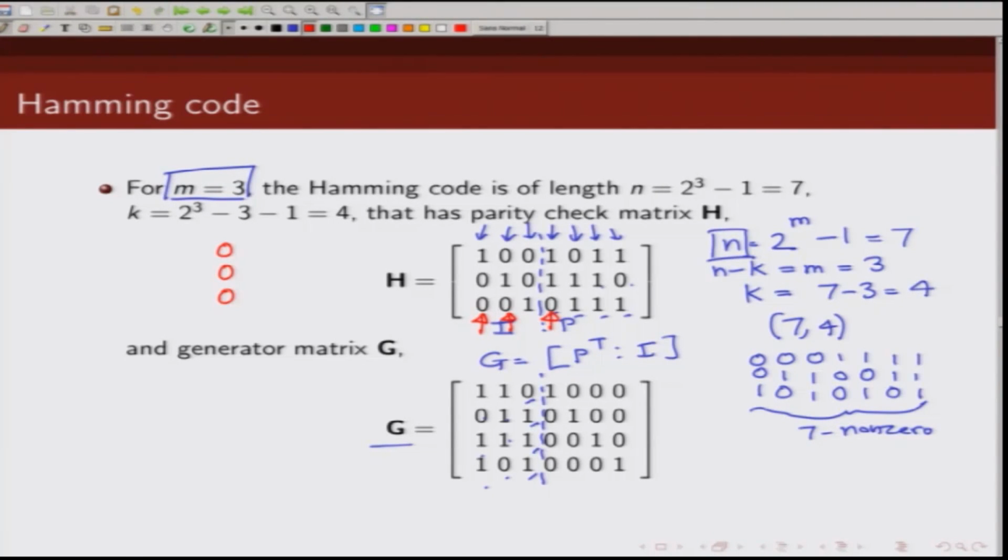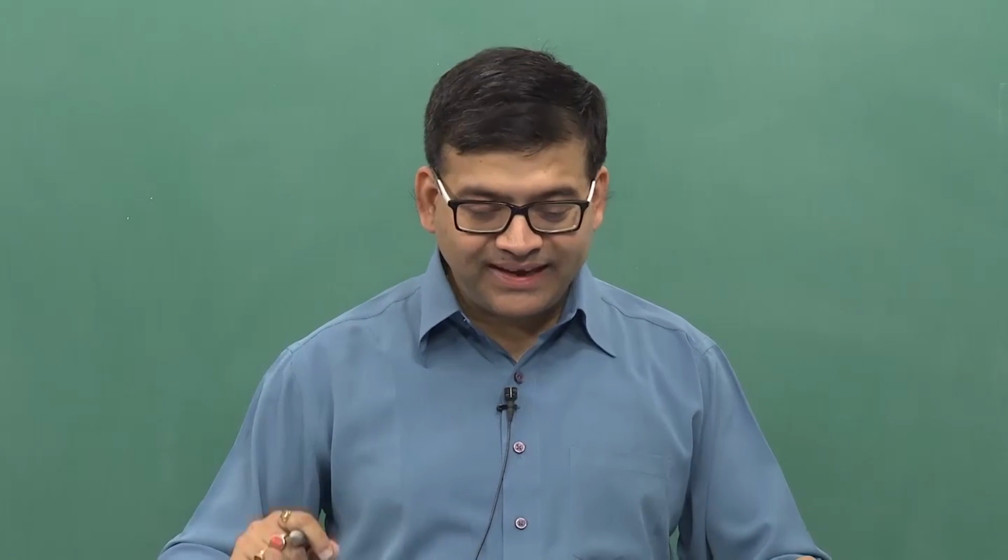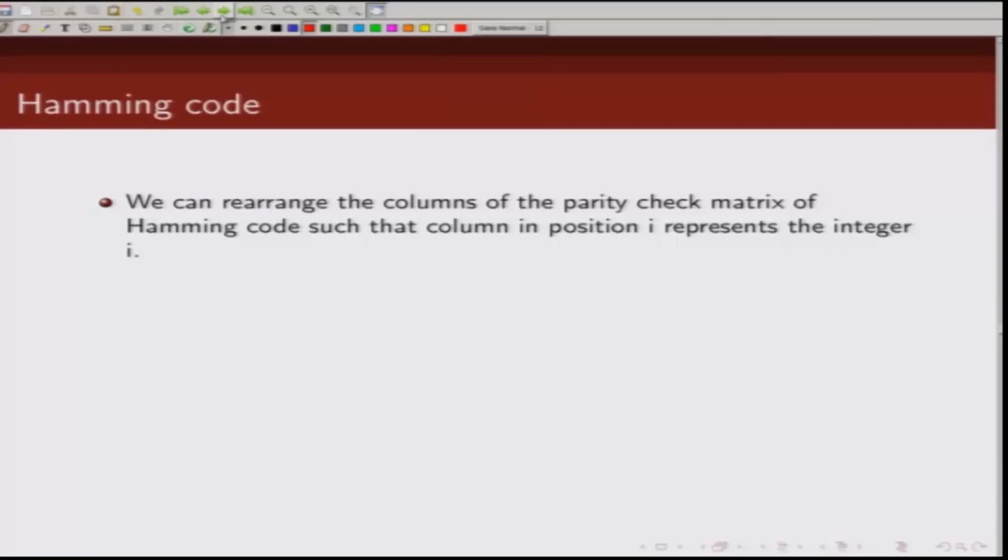If the minimum distance of this code is 3, what is the error correcting capability of this code? It is floor of d minus 1 by 2, and this comes out to be 1. So, Hamming code can correct a single error. Let us see how we can use Hamming codes to correct a single error. First thing we will do is rearrange the columns of the parity check matrix of Hamming code such that